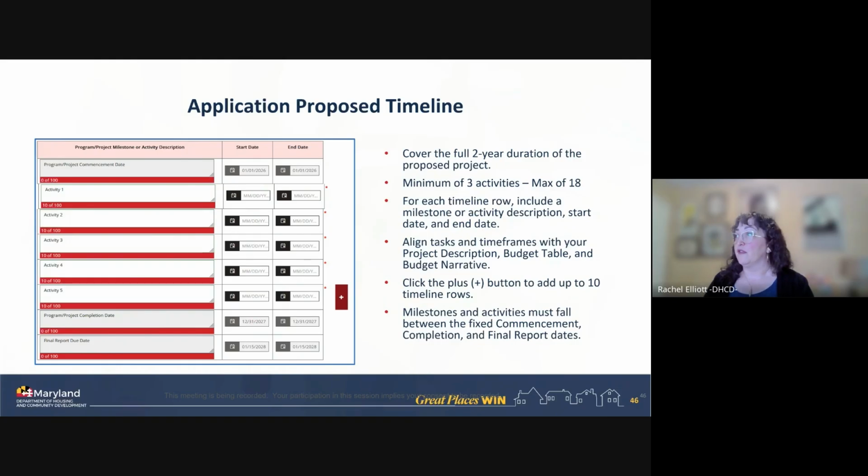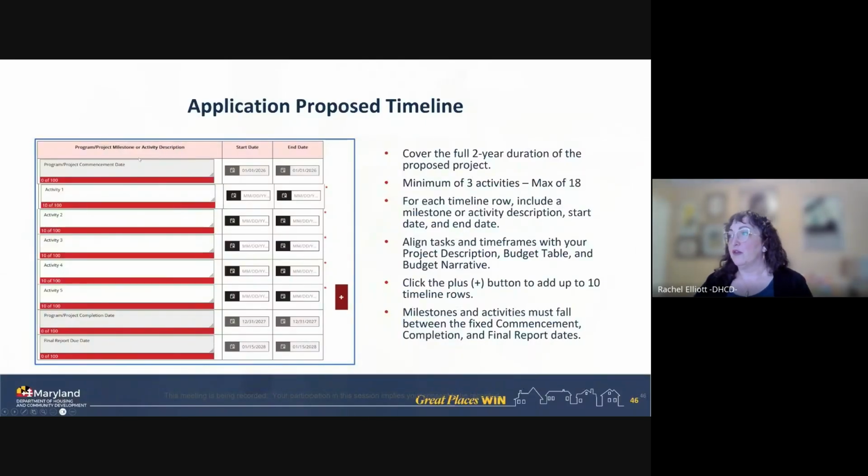Please make sure the descriptions are very short. They don't need to be long. This is a 2-year award, so you want to add in activities over the 2-year lifespan of the award. The activities don't have to span all 2 years. It could be a part of the award period, but for the things that are going to be covered under this proposed project or program, you should add at least 3 that go across the lifespan of the award.